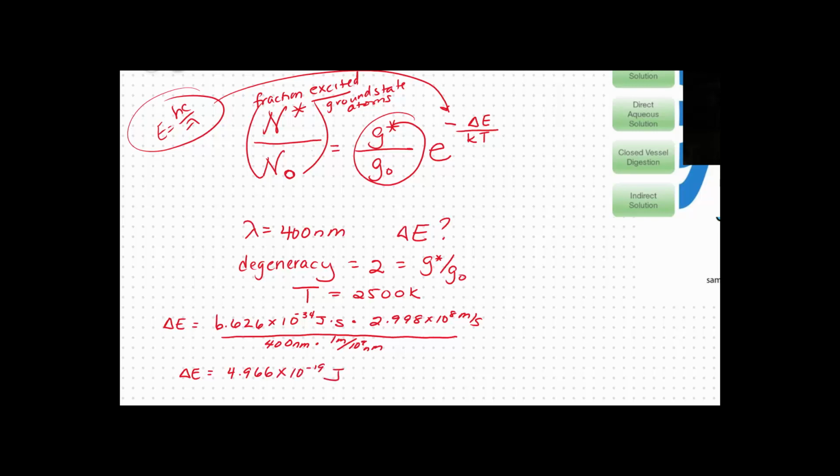So now that's going to go into my Boltzmann distribution equation. So I'm going to switch my colors here. So I'm going to have my N star over N naught. That's what I'm looking for. Now the g star over g naught, that's called the degeneracy. And I'm told in my problem that that is equal to 2. That's nice and inconvenient. Then I need to multiply that by e raised to the power of,